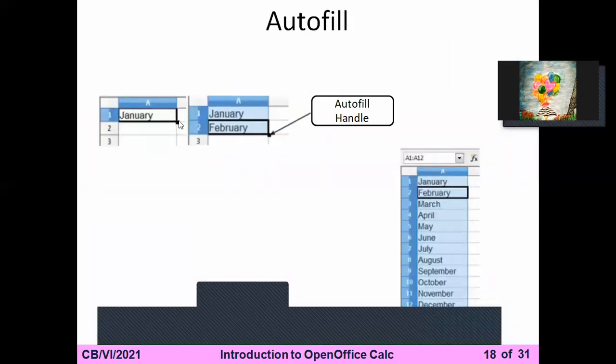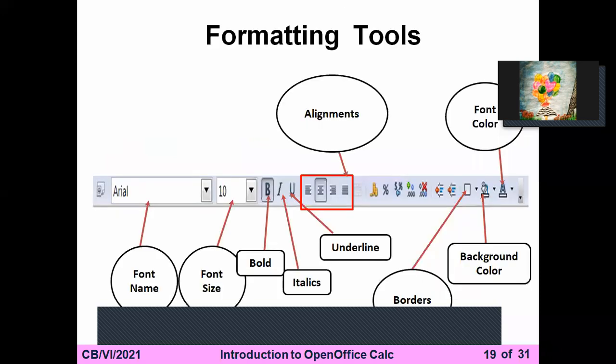That sign you can see as a black dot, that is called the autofill. Remember the name, autofill handle. Remember that अगर plus sign नहीं आती है, उसका मतलब आपका ऑटोफिल नहीं होगा. जब भी आप ऑटोफिल कर रहे हो, ऑटोफिल हैंडल पे जाके आपकी प्लस साइन आनी चाहिए. You have to drag your mouse here and there, and whenever the plus sign will be there, you have to drag it down. So it will be filled automatically to the next.